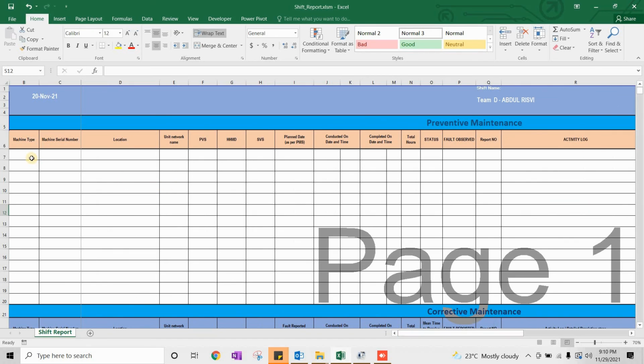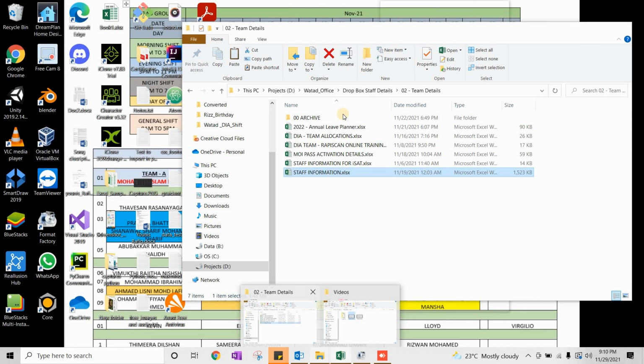And to fill the details in the PM, as I already mentioned in the PM checklist report, how we have to fill that, and the units are combined, like X-ray machine contain the units which are, let's talk about that again.